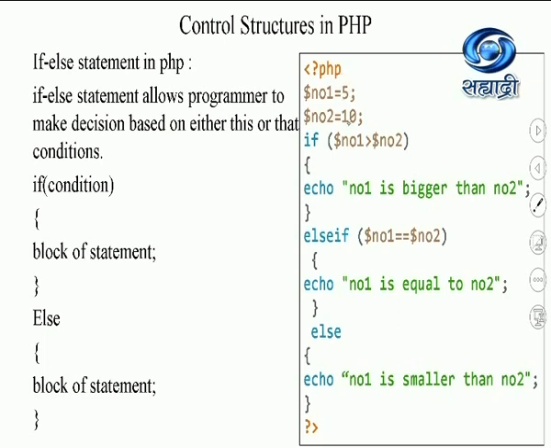Now in this case, number 1 is smaller than number 2. So over here, this condition is false. This condition is also false. So if this condition is false, it will come over here. Again, this condition is false, so it is going to come to the else part. In this else part, I am not going to check anything, because if these two conditions are false, it will automatically come over here, as that becomes the true condition. So here it is going to print that number 1 is smaller than number 2. This is a simple program which compares two numbers and prints the output depending on the values of the variables.